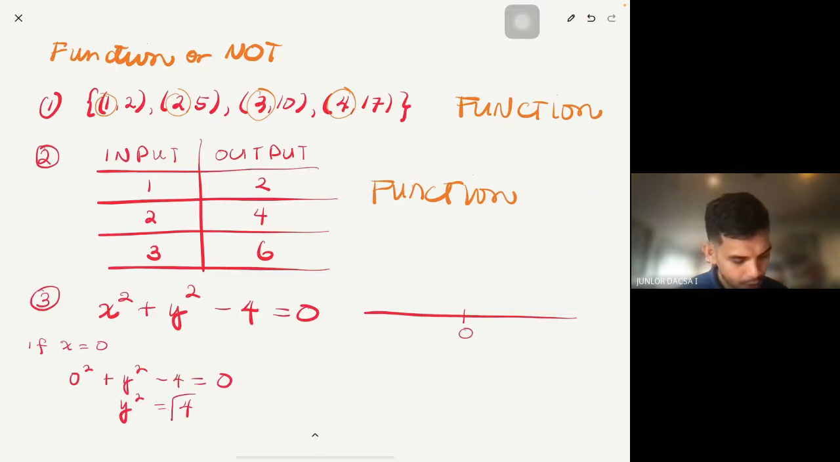And then square root both sides of the equation. So magiging square root of y squared is y, and square root of 4 is plus or minus 2. So we have two values of y. So if we're going to represent that through ordered pairs, so if x is 0,